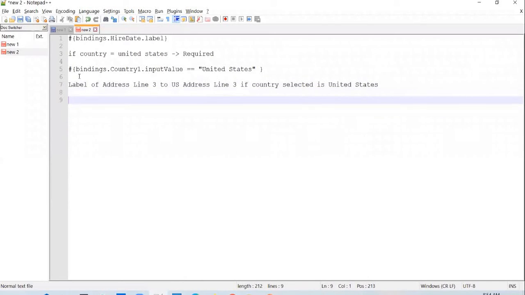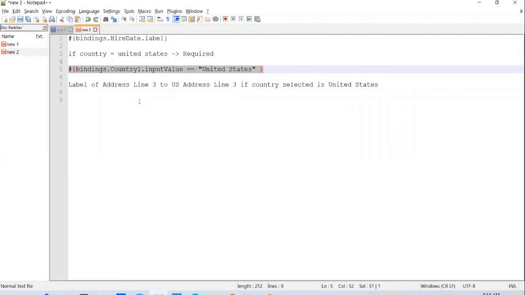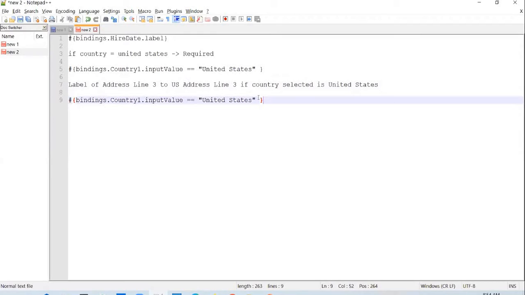And what do I need to do? Basically, I need to go to the label of address line 3 and write in a condition like this. This condition will check if the country selected is United States or not, and I want to read the result of this check. If that is true, I can use the ternary operator to return two values.